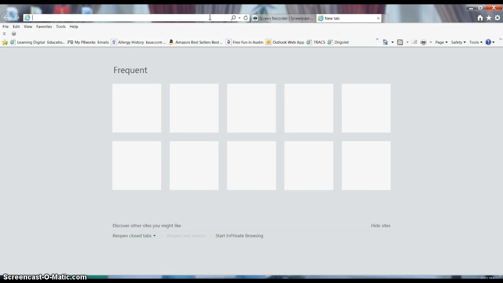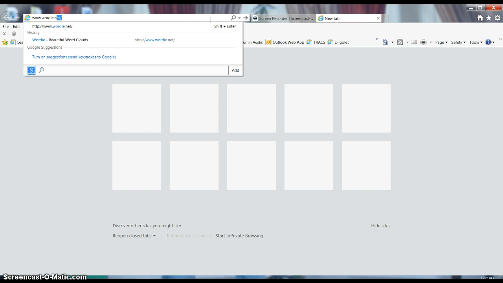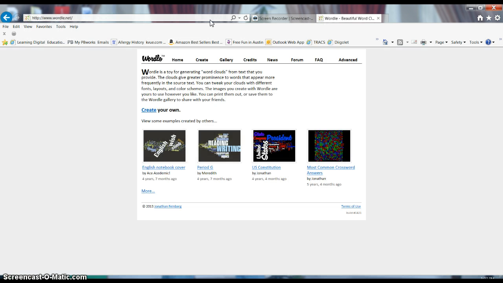Today I'm going to walk you through the process of creating a graphic organizer to go along with any unit you're using in the classroom. We're going to start out by going to www.wordle.net. Once we get to Wordle's homepage, you can see some pre-created examples on their homepage that were created by